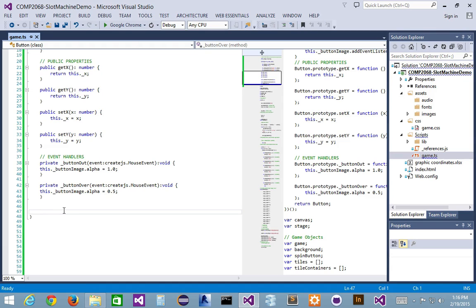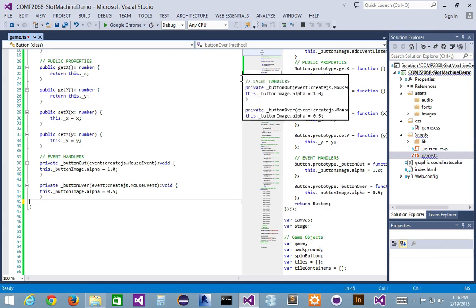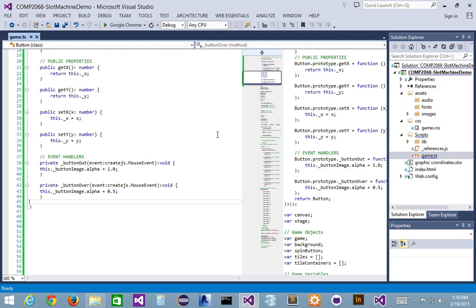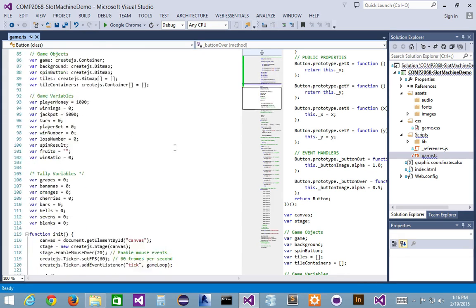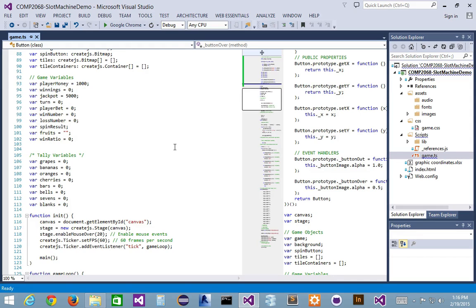Okay, so we've created a class. Let's see if we can instantiate the button class for our spin button as opposed to using our regular bitmap image. Is there anything we're missing? Yes? Tell me. You're not adding the... Well, I am. I'm doing it here. So the image is incoming from the constructor. Are we doing it here, like I said? Or are we doing it inside the... Yeah, sorry, buddy. I know. If I was going to extend it, it'd be easier. But I'm not extending right now, right? So